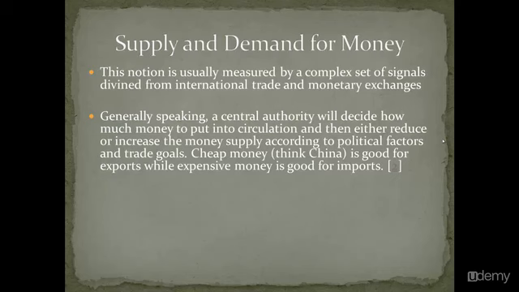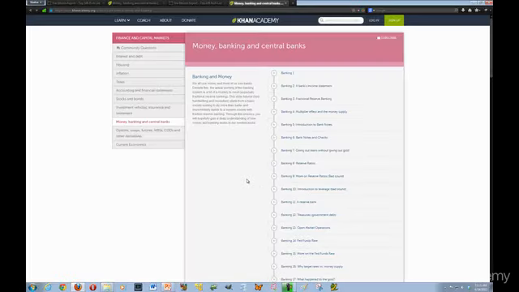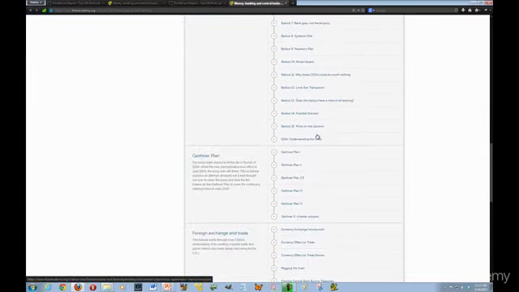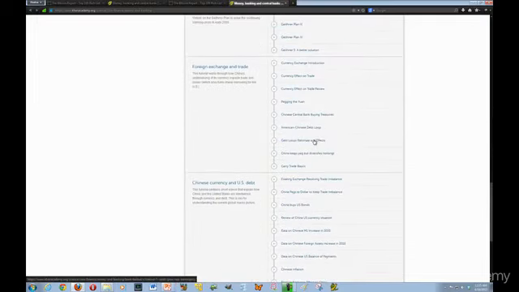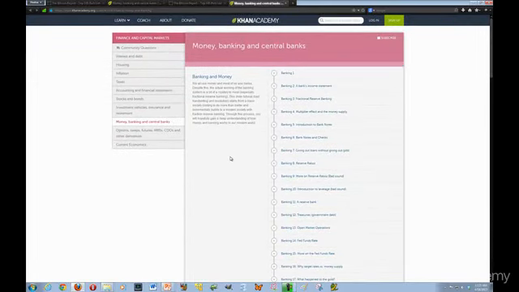And this is done to make sure that their factories are always working so they can have lots of jobs. This is kind of a complex topic, but there's a gentleman named Sal Khan who created a series of completely free courses on Khan Academy, which not only discuss banking, but actually discuss how China manipulates their currency here, foreign exchange and trade. And if you're really curious about how this works, I'd highly recommend just creating a free account